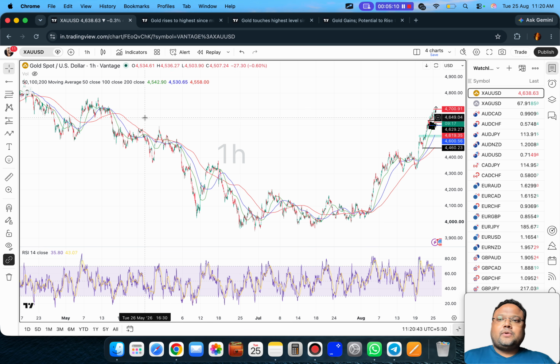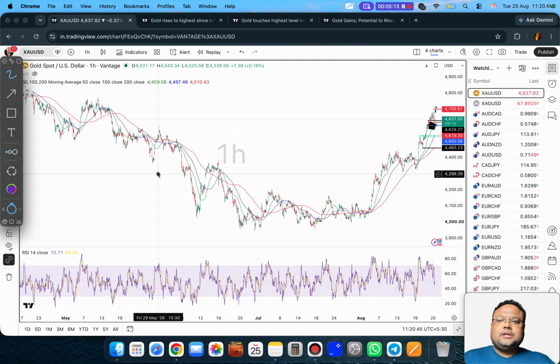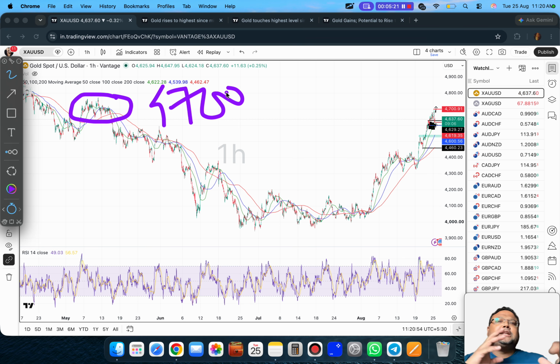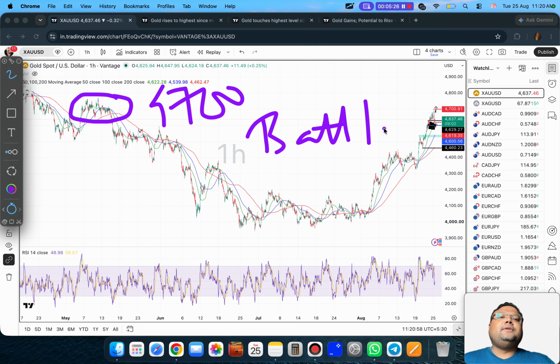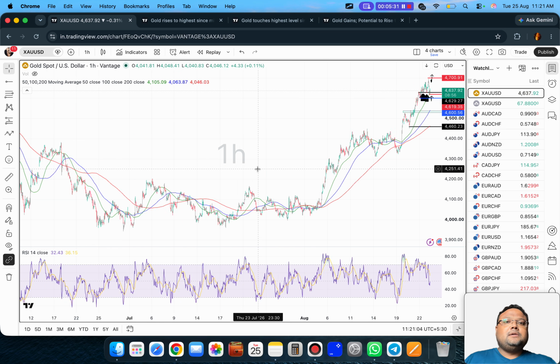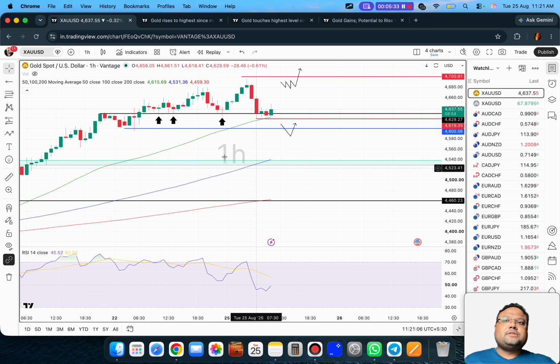Why battleground? See, I have zoomed out the chart, so you can see in the month of May, 4700 caused a lot of trouble. It was not allowing the market to go up. So it was a battlefield. So my dear friends, today 4700 may cause trouble because in the past we have seen 4700 was a very